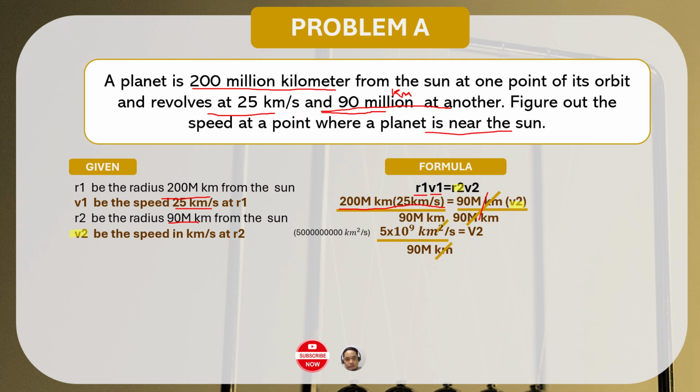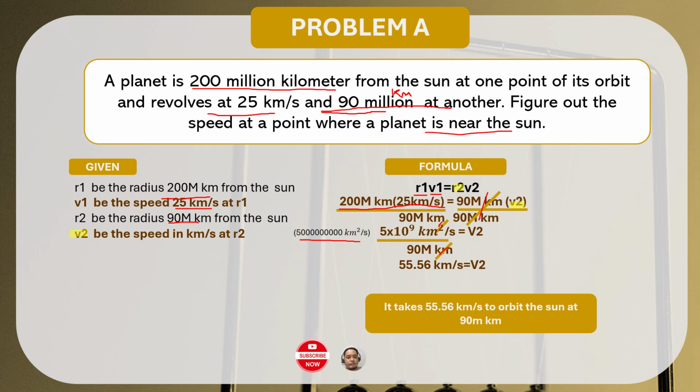Then you will have it this way, in standard form, 5 times 10 raised to 9 kilometers squared per second. And then we will divide it by 90 million. We can cancel out one kilometer here. And once you cancel this unit, you have a remaining unit of kilometers per second,